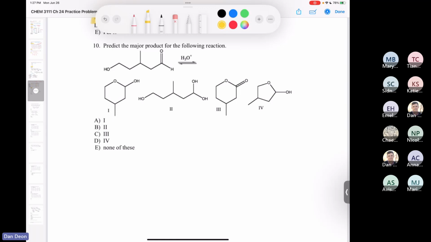And we know from previous experience that if you take an alcohol with an aldehyde, you can form a hemiacetal. Well, this one is just an intramolecular formation of a hemiacetal because you have the hydroxyl and the aldehyde in the same molecule, right? So the first thing that we're going to do is take this compound and protonate it. So I'm just going to skip drawing the mechanism of that first step,